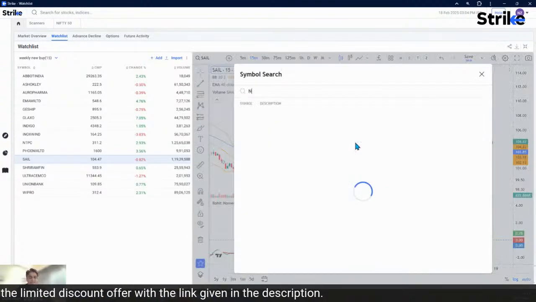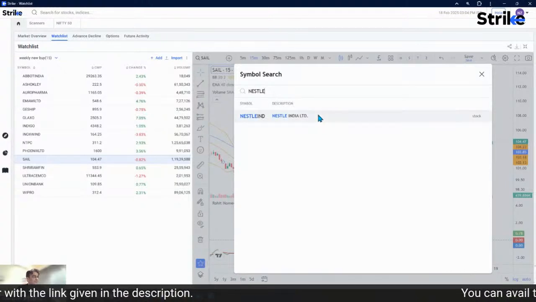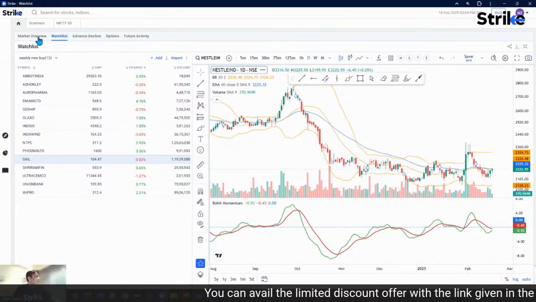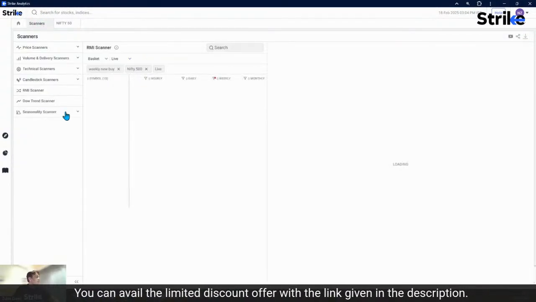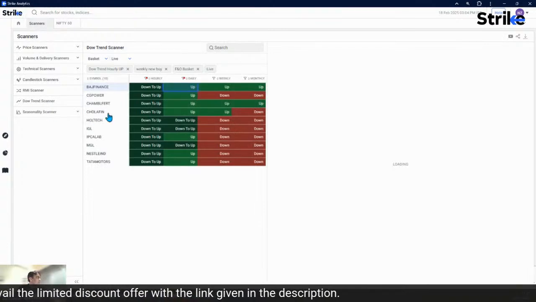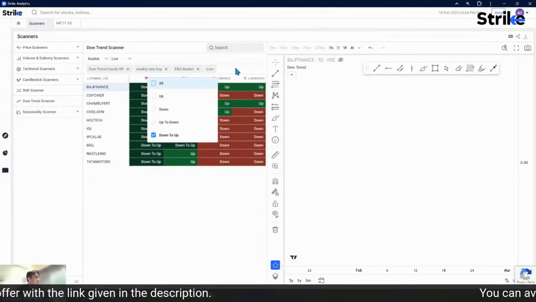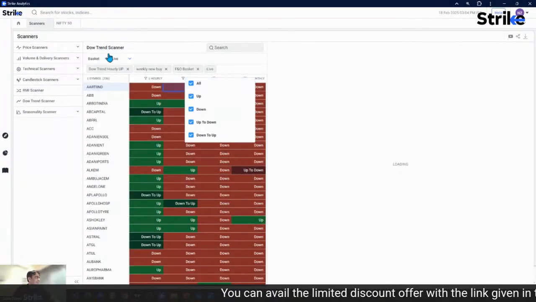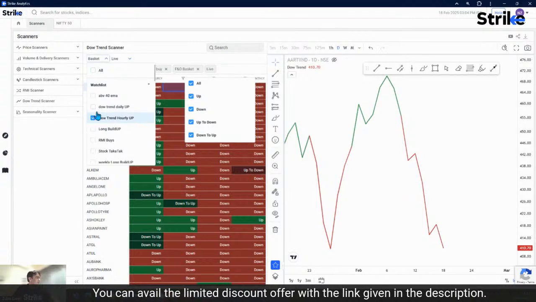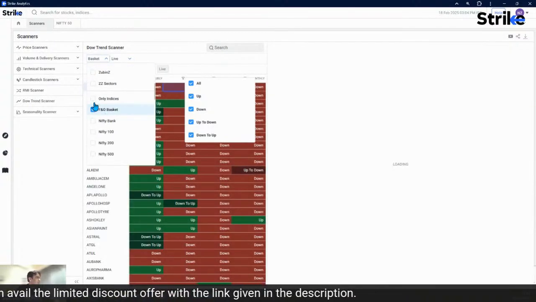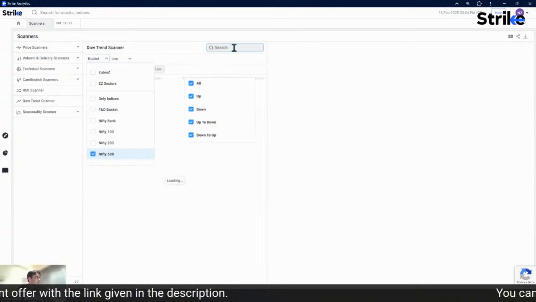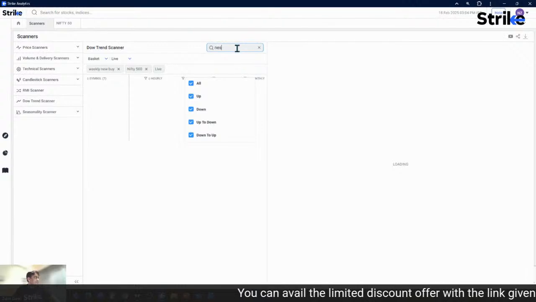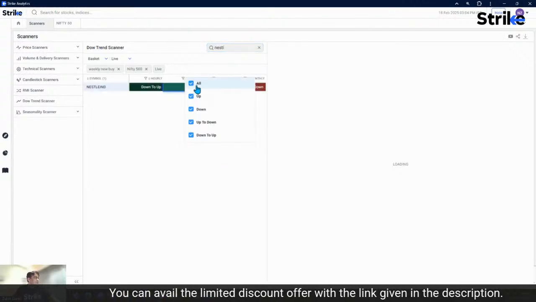So Nestle, let me have a look. Let me go back to the scanner. Let's look at the Dow trend scanner first. Let me clear all the filters. So all the filters are cleared. I will look at baskets which are from Nifty 500, and over here on the search button, if I click on Nestle, so on the Nestle you can see,